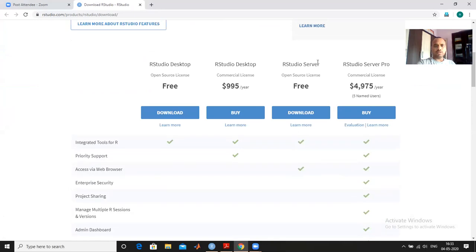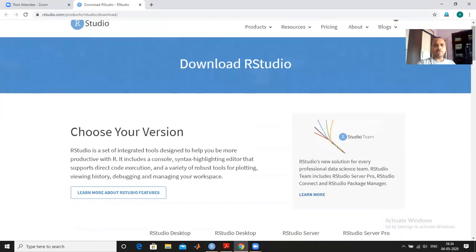You can download from here, and this is for RStudio Desktop. This is the open source license. For commercial purposes and for server use, the pro server commercial license is paid. Otherwise, for personal or other use, it is freely available.